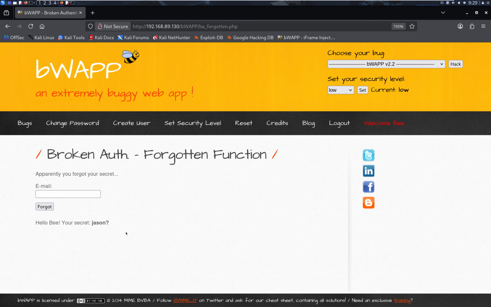So it's a very simple challenge, but I'd like to use this challenge to illustrate how a poorly developed function will